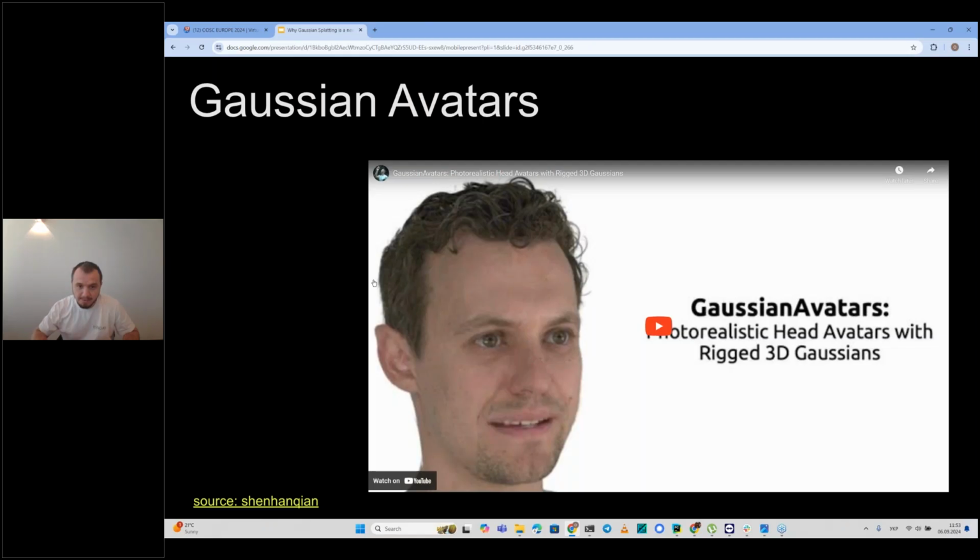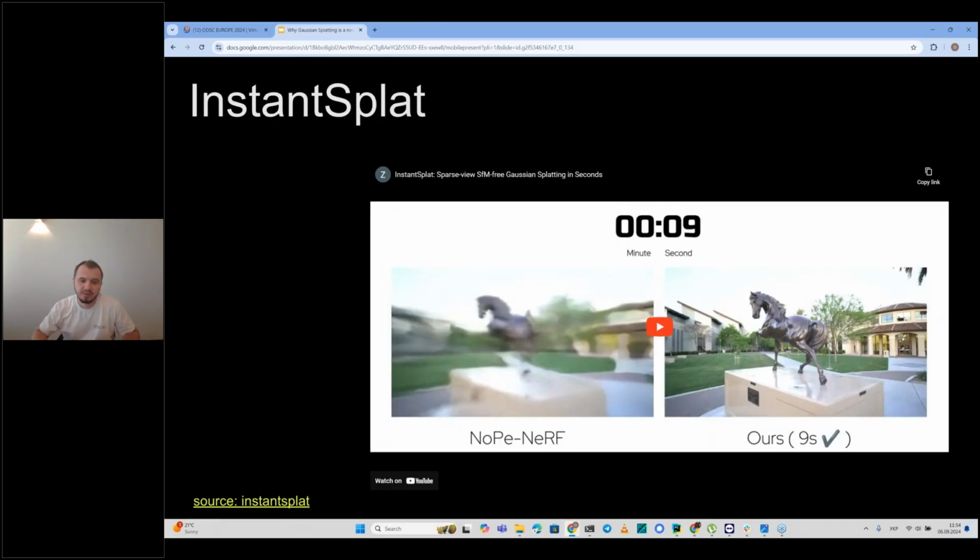The only way is to use soft structure from motion software like COLMAP, which can be pretty computationally heavy. For a large scene, it can take up to 10 or more hours on high-end GPUs to estimate the position of the cameras.